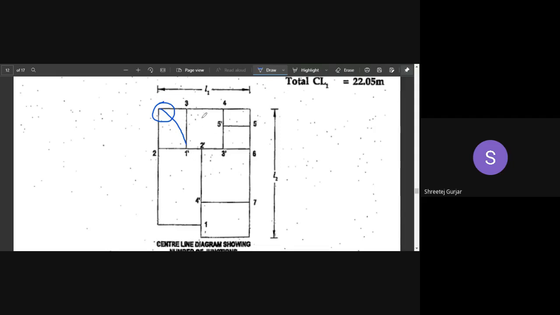So whenever we have a regular plan like this, we will come across only T type of junctions and no other type of junctions. So that is why we will consider only T type of junctions. And C is not a junction, right? This is forming a C. Or an L, right? So this is not a junction. And whenever it forms a T, it is called a junction. Okay. So that is why we consider T type of junctions.